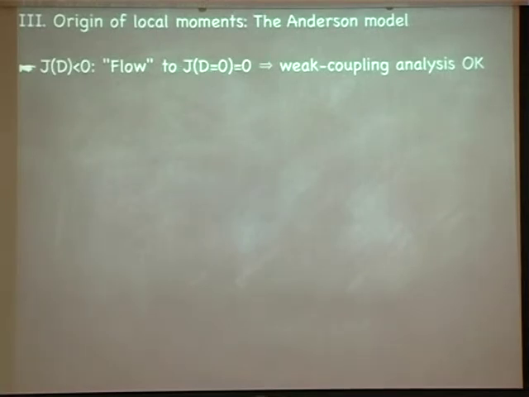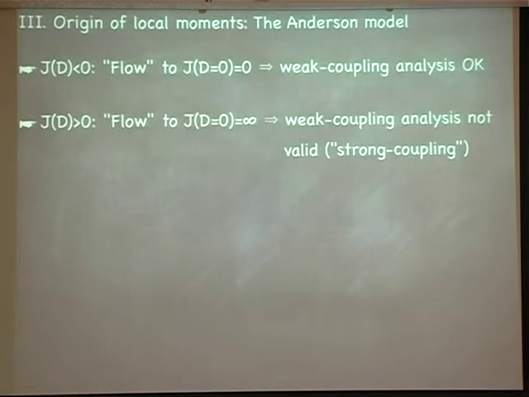So if you integrate this equation, and the right-hand side is positive, everything goes up and up and up. And that means when you integrate the flow simply without thinking, you end up with J at D equals 0 being infinity. And that tells you there's no way that perturbative recoupling can be any good. Even this differential equation that gives you the flow of the coupling constant has to break down at some point. And what you have to do is look into the strong coupling behavior.